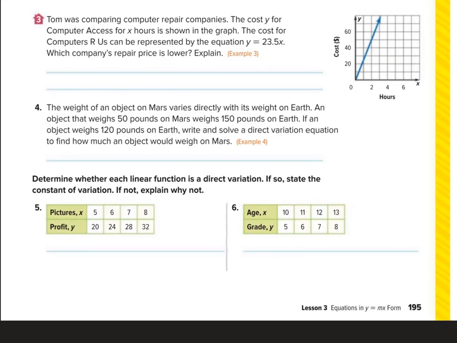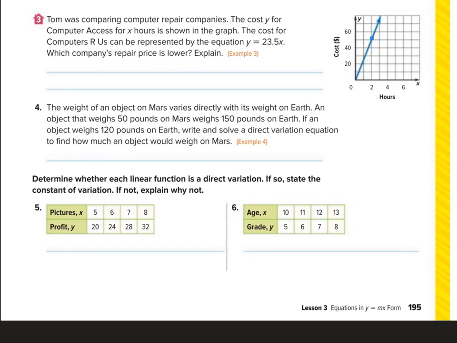Number 3, Tom was comparing computer repair companies. The cost y for computer access for x hours is shown in the graph. The cost for Computers R Us can be represented by the equation y equals 23.5x. Which company's repair price is lower? Explain. Looking at the graph, I see that